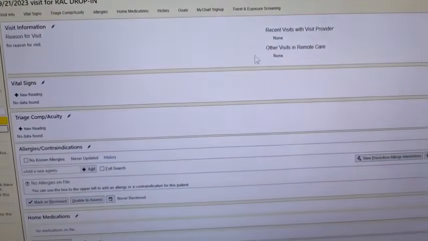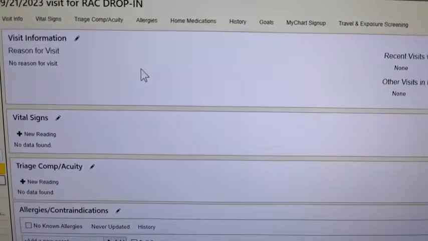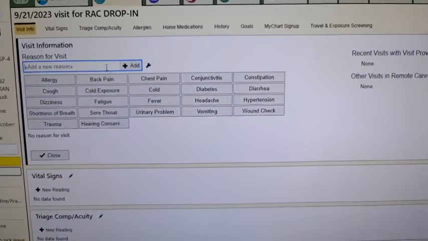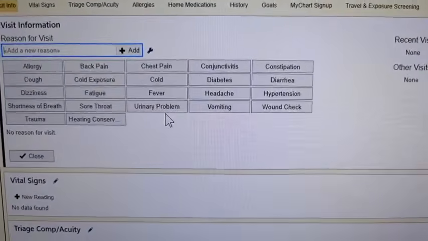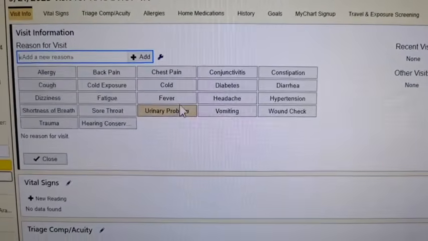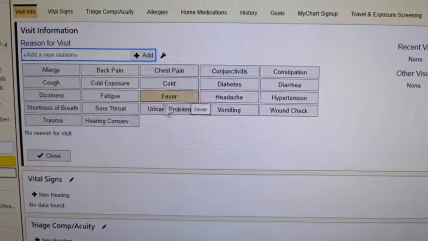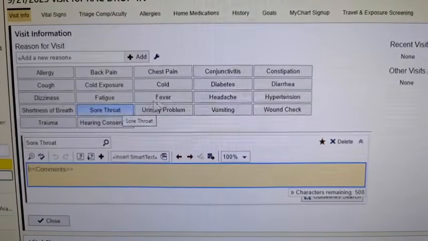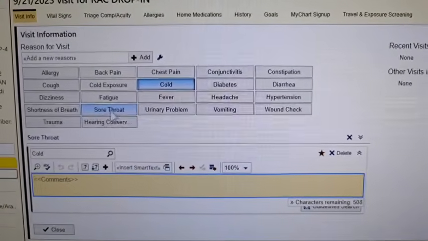So here you will see the visit information. This is where you will put the initial complaints. My patient has a sore throat and colds.